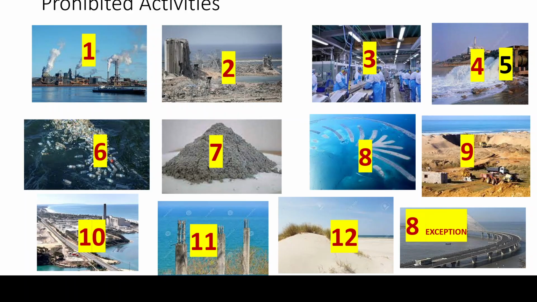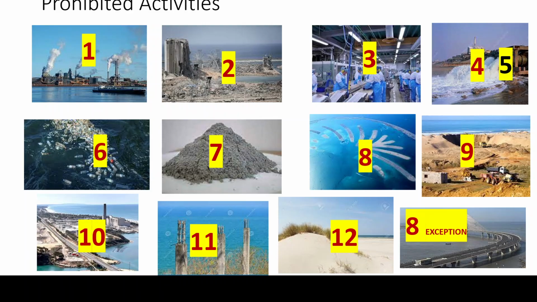Then comes point 4, setting up an expansion of units or mechanism for disposal of waste and effluents. So you cannot set up new disposal of waste or effluents without any approvals, except facilities required for discharging treated effluents in the water course. So if we want to send those effluents in water, first you need to treat them. Before treating them, you cannot allow such effluents to be added to the sea water. Clear?